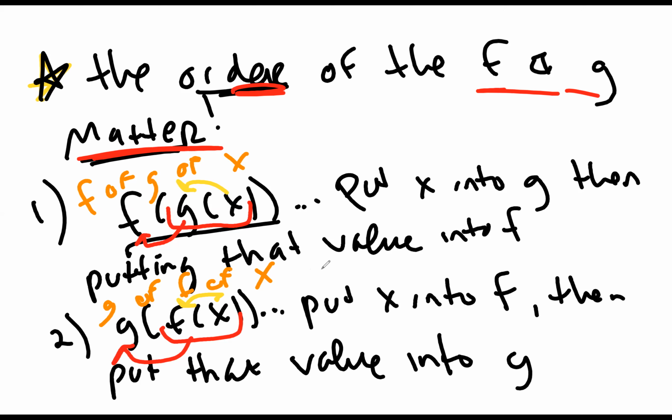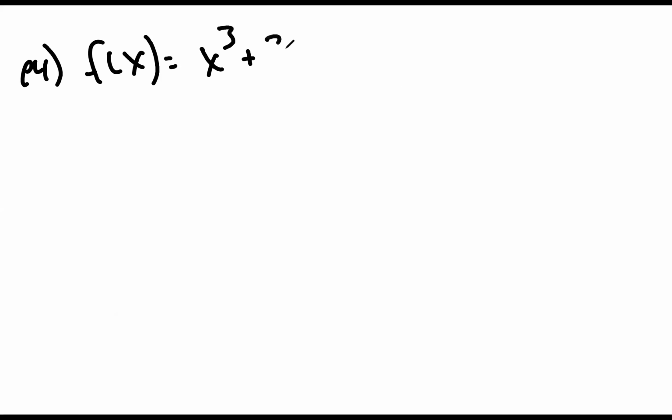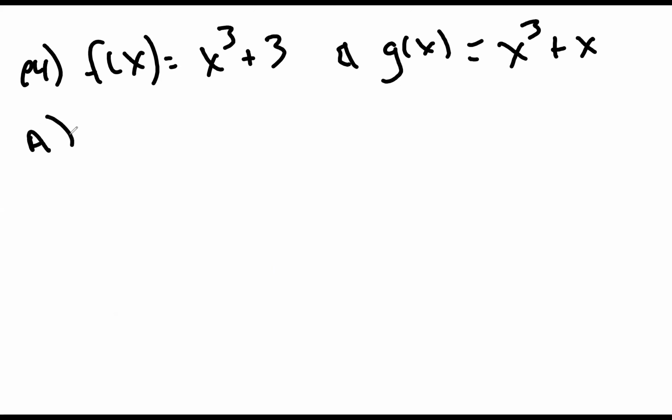Okay, then let's try it. Let me get a brand new page here. I think this was example 4. We're going to have f of x equals x to the 3rd plus 3, and g of x equals x to the 3rd plus x. We're going to have 2 parts to this question. Part A says I need you to find